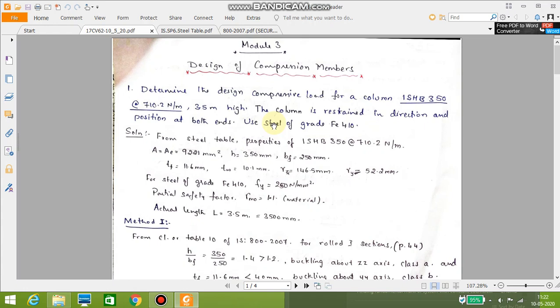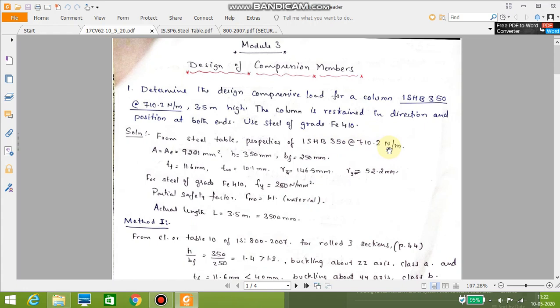So that means they have given the column is restrained in direction and position at both ends. That means both the ends are fixed. So it will help us to find out the effective length of the column. So from the steel table, let us try to find out the properties of ISHB 350 at 710 Newton per